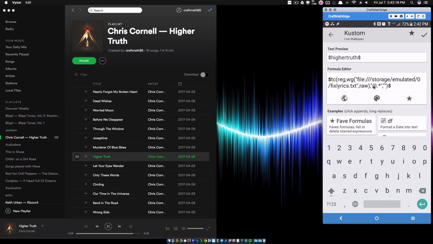So what just happened there, if you recall, we did have @ Chris Cornell and the @ symbol. That first @ symbol and then this dot asterisk is searching for that first @ symbol and everything after it, and it's replacing it with nothing. Now I can still come over here and type stuff, but I'm not worried about that right now, because that's what I want.